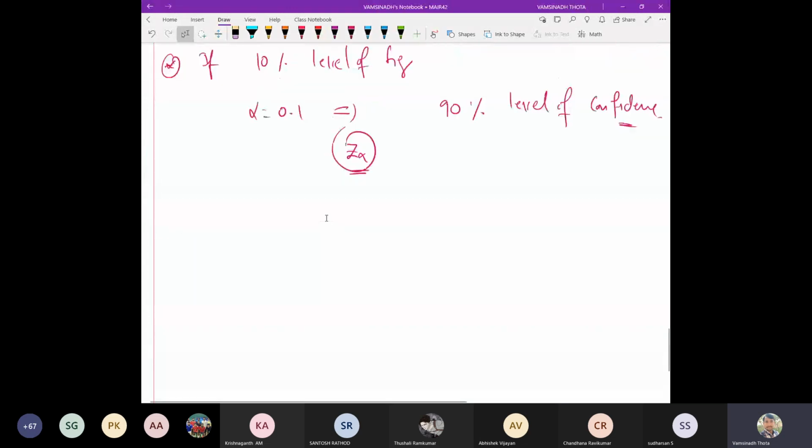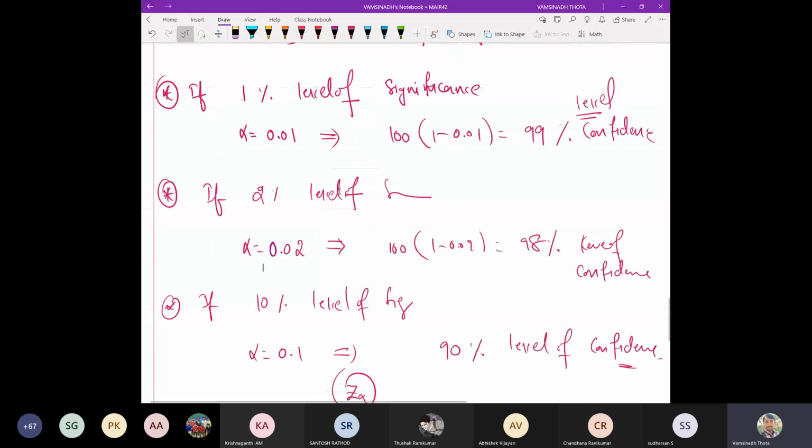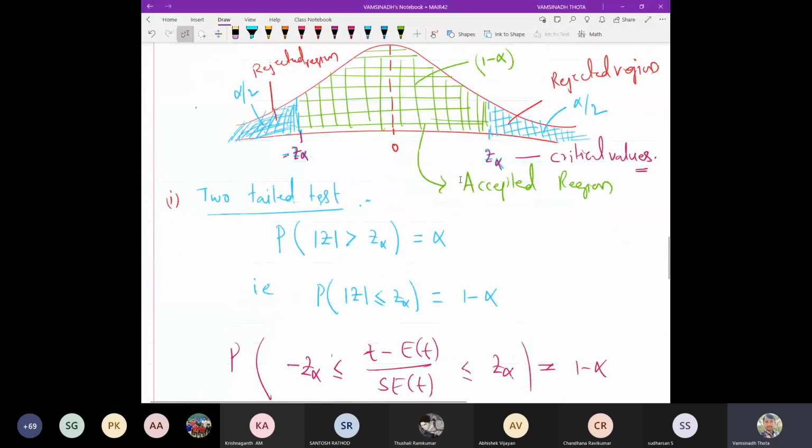So today the very first thing is how to evaluate, how to get these critical values, that is the Z alphas, from the statistical tables. This is very important, because without this we cannot conclude any of the problems in the sampling area and in the statistics course. As mentioned, Z suffix alpha. Alpha represents the level of significance. That is where you should be very careful, because that actually decides the critical values.